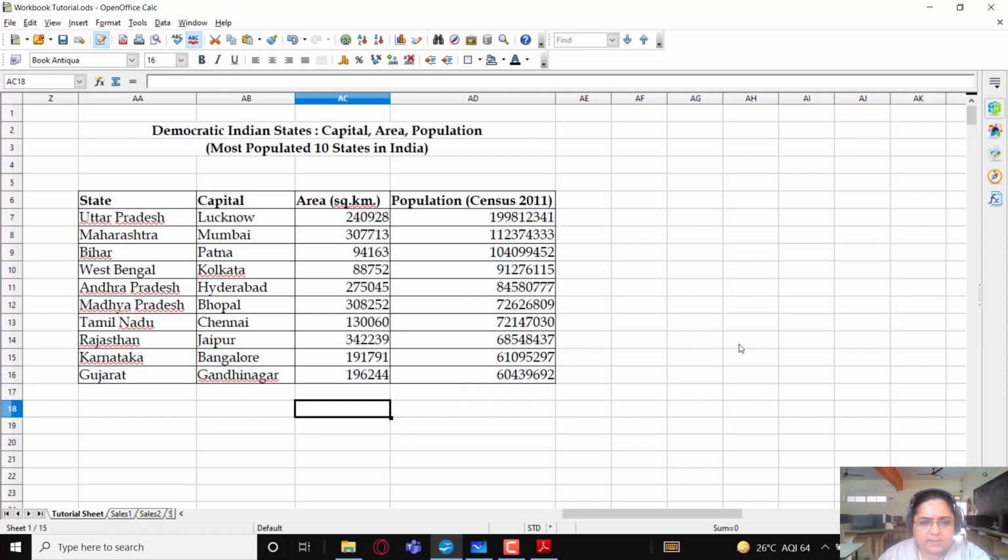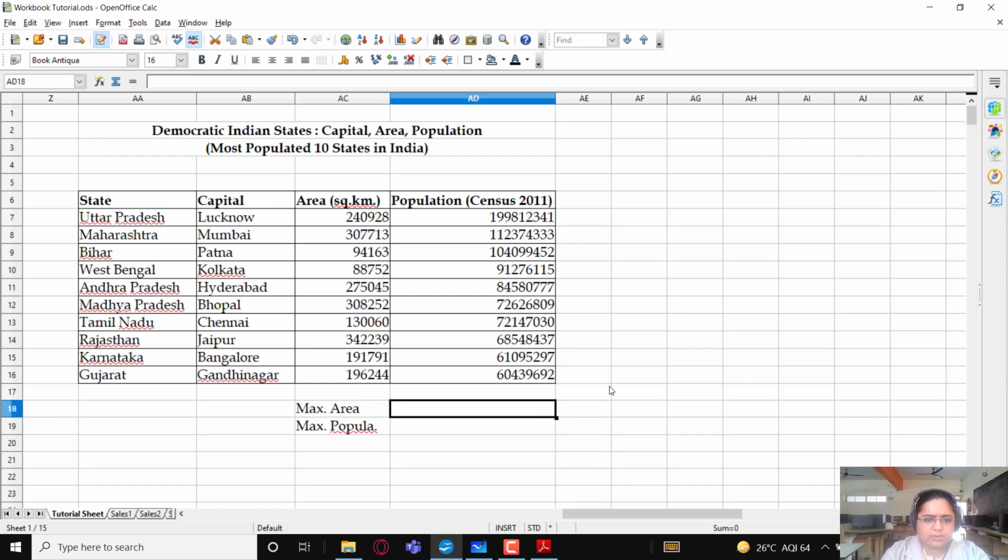What I want is to calculate the maximum area and the minimum area, and the maximum population and the minimum population. So how are we going to do it? Maximum area and maximum population.